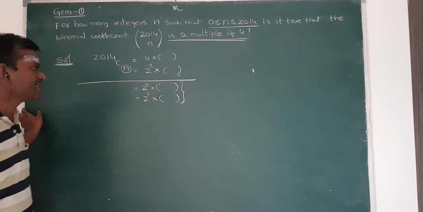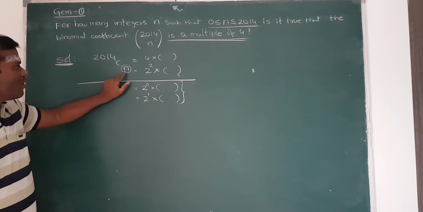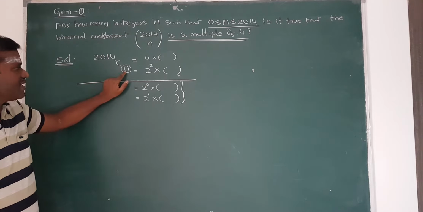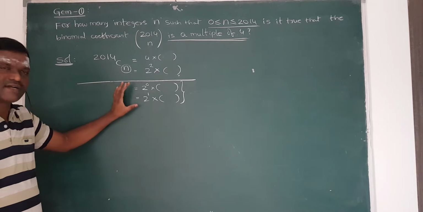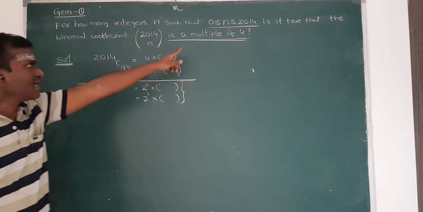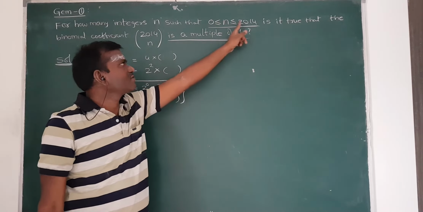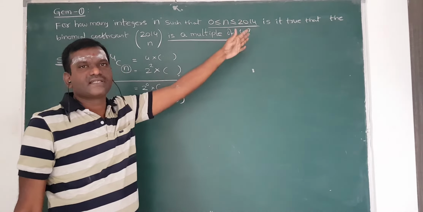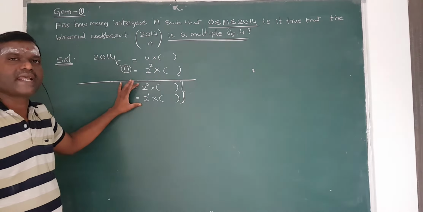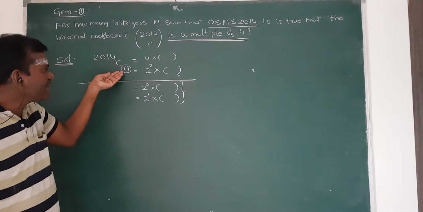That means by using Kummer's theorem, for how many values of n does 2 have a power 0, and for how many values of n does 2 have a power 1, I will find out first. Then, in total, how many numbers are there? N values 0 to 2015 are there. So from 2015 I will subtract this number of values,